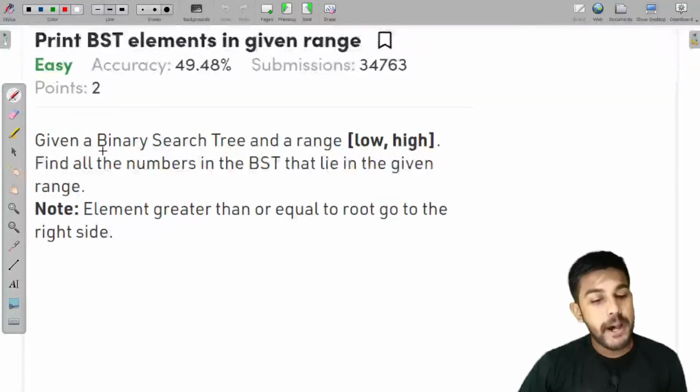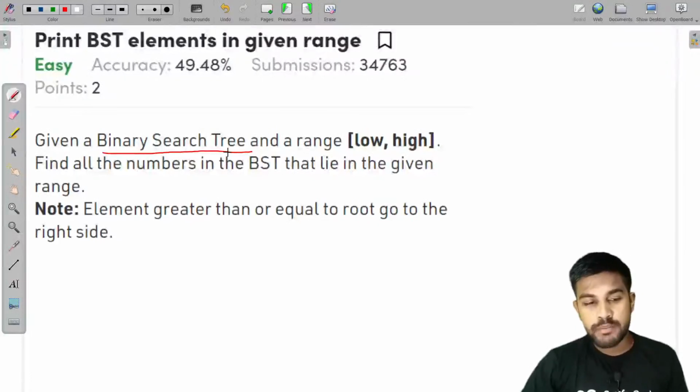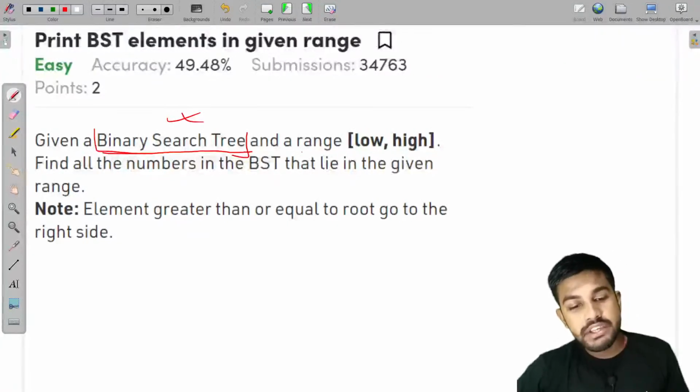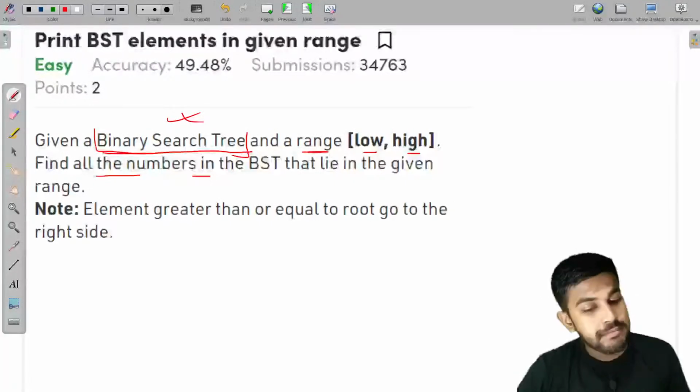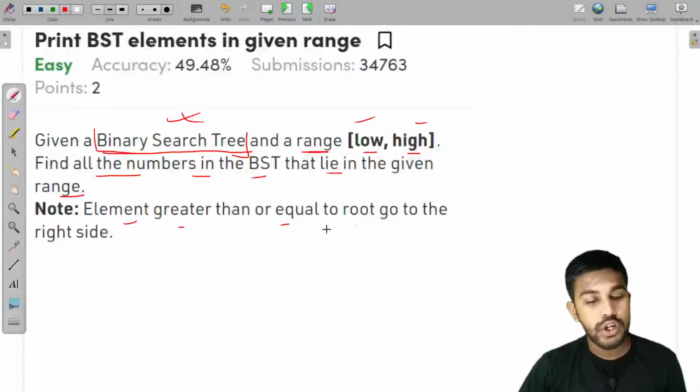So we are given a binary search tree. Now the first thing that comes to our mind is, what is a binary search tree? It might be the case that at first we should know the terminologies that it does provide. We are given a range which is low and high, and we need to find all the numbers in the BST that lie in the given range. Low and high are included. And it is said that elements greater than or equal to root go to the right hand